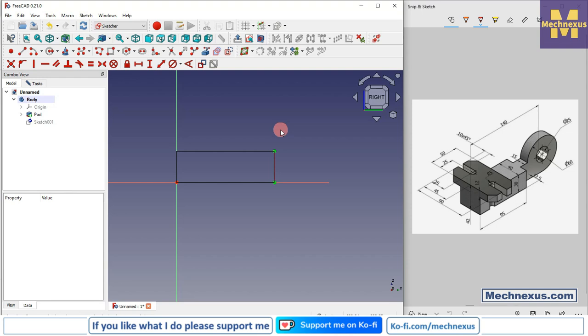Now I will create an equal line, and then I will draw the two horizontal lines, and we will select a 3-point arc,